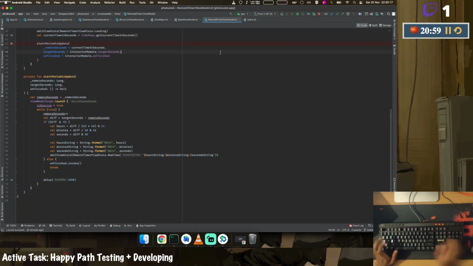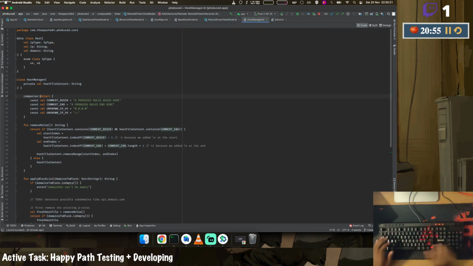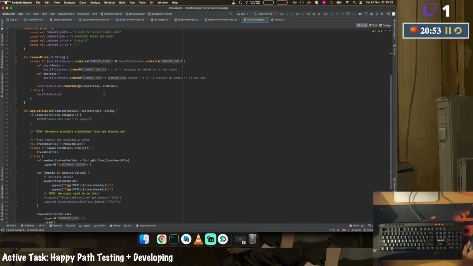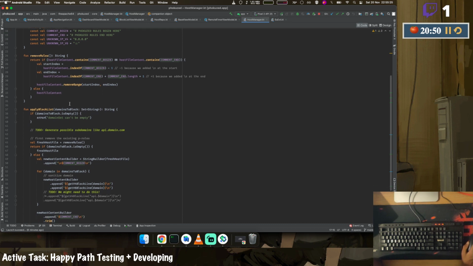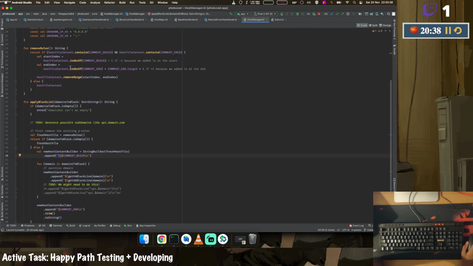Not inside, it should be inside host manager. So every time when we add a new rule, we are actually adding a new space at the beginning, but we are not clearing that when we remove, because we have